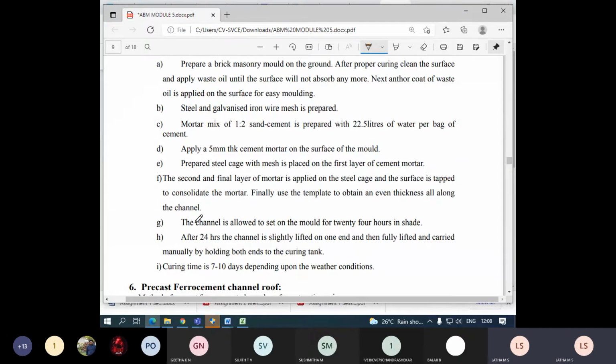Template. Very good word actually. Template has to be prepared. What is a template? See, you saw in the video, is it possible to maintain uniform thickness from one end to the other end? Is that possible? Because of human error, there will be some error. Some precision may not be attained with the thickness of the ferrocement channel. Therefore, we have to keep checking at regular intervals the thickness of the ferrocement. So to have that, we have to use a template.